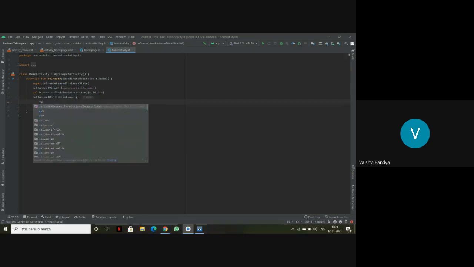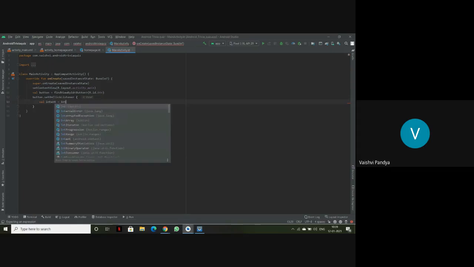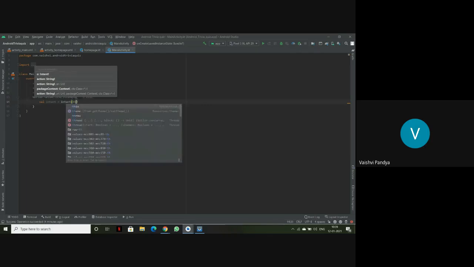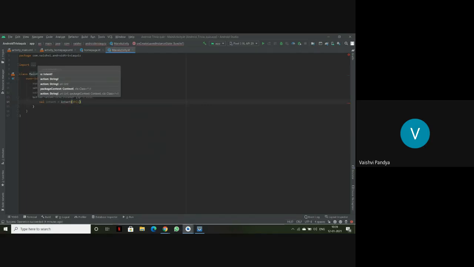Then we'll write again val intent is equal to Intent, bracket, the package context.